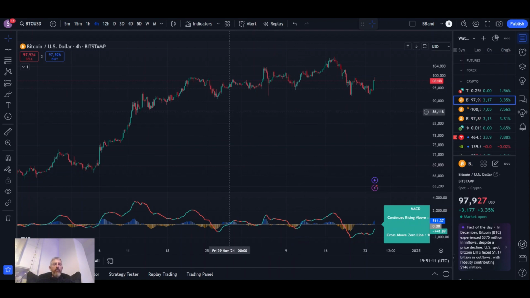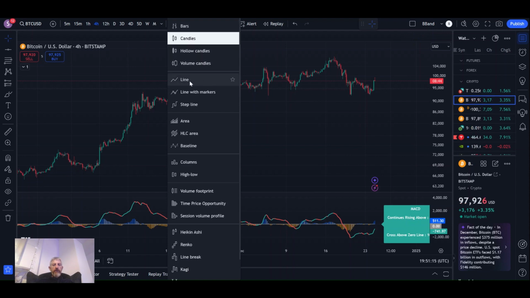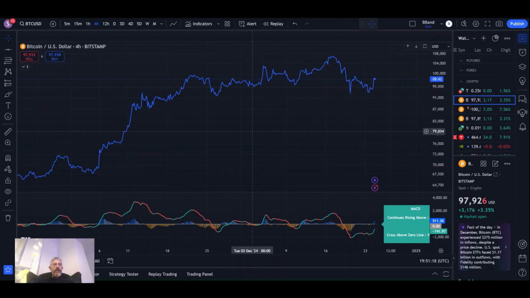If you stick it on a line chart, it's even easier to see because that takes out this, just then goes on closures. So you can see a sequence of higher lows and then, oh bum, there's a lower low. Now, that doesn't necessarily mean it's game over, just like on the previous example I showed you, where the price can just kind of go sideways and down a bit. But what it does mean is that